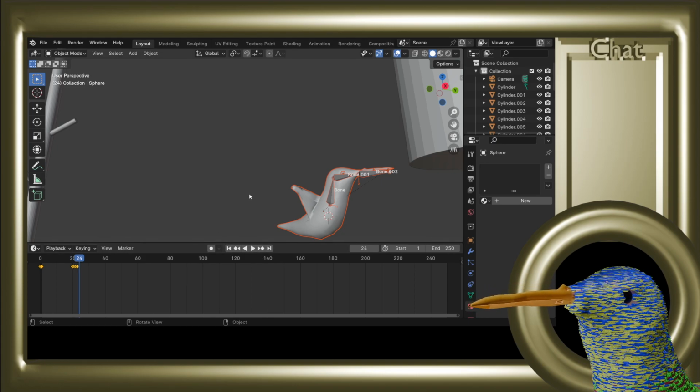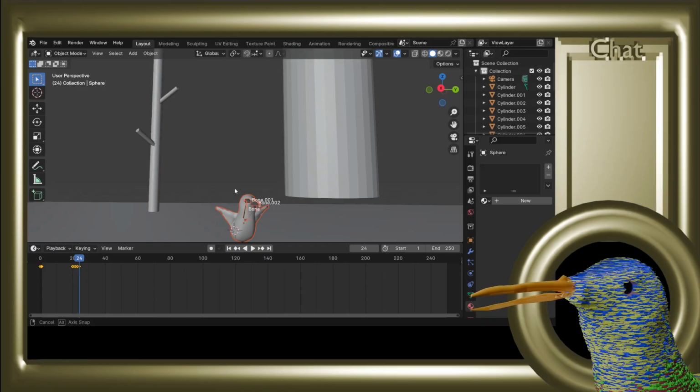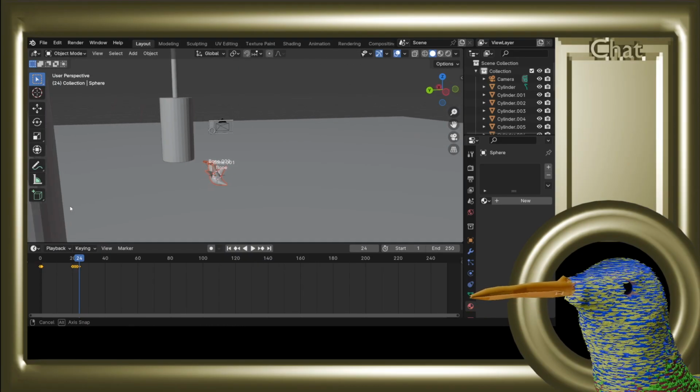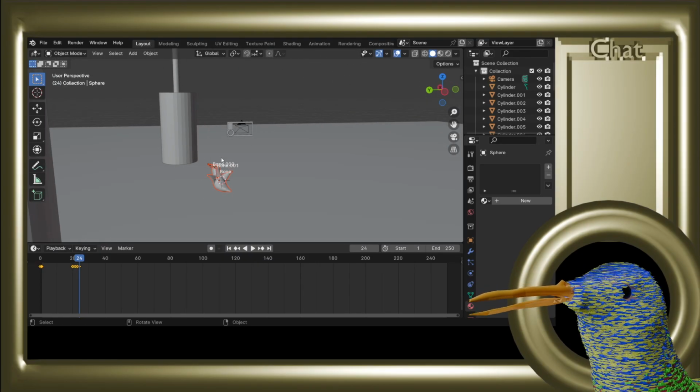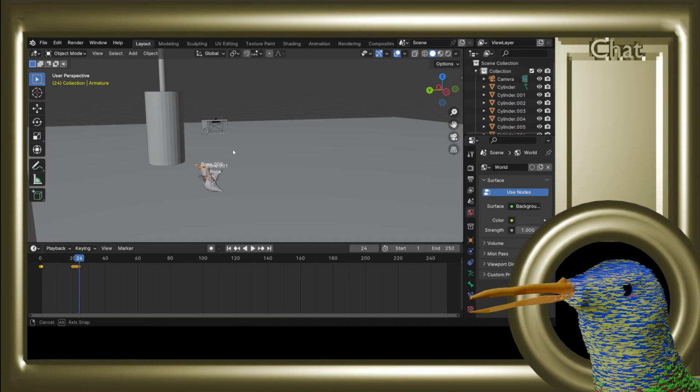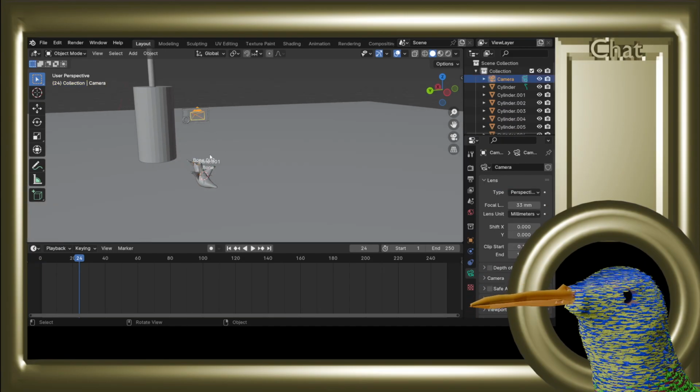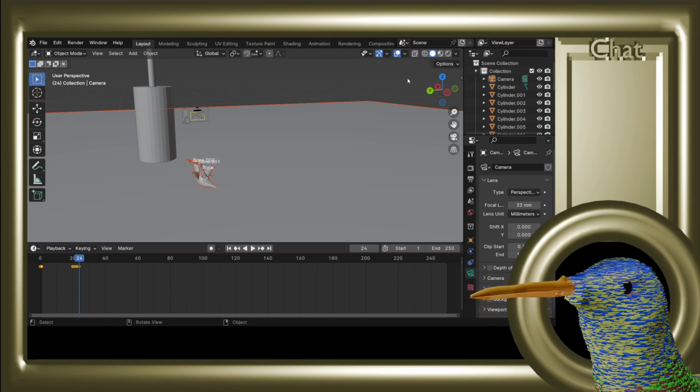Rotate on the Z minus 5. And then here, he'll say, oh hey chat, and then we'll take the camera, and actually can we take these,